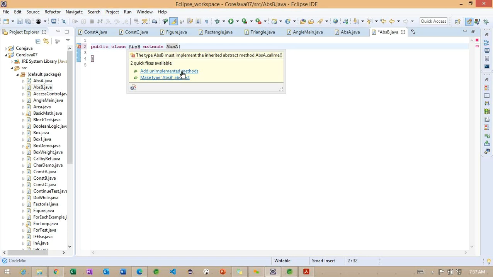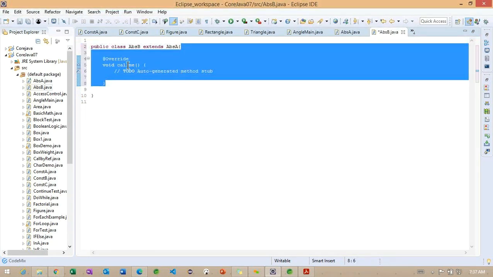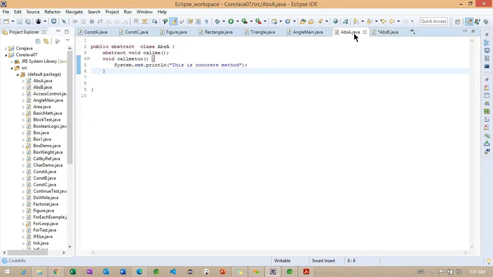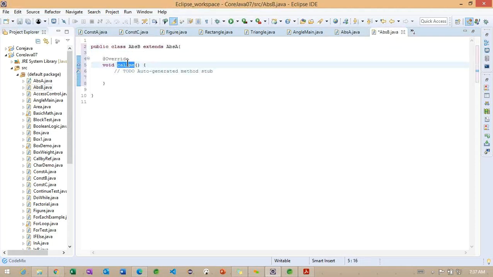Getting the point? So we'll try to implement this particular method, call me. The call me we defined inside the class ABSA. It's one abstract method. The same abstract method we implemented in the class ABSB. It's an override of call me. Now you can define what information you want to provide. Getting the point?